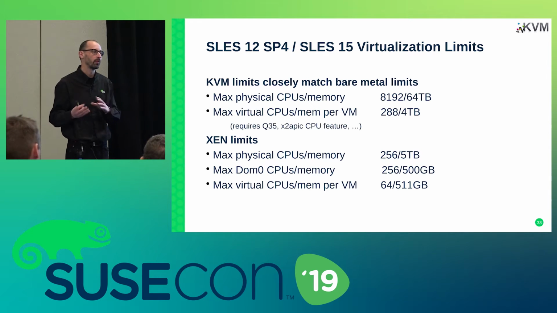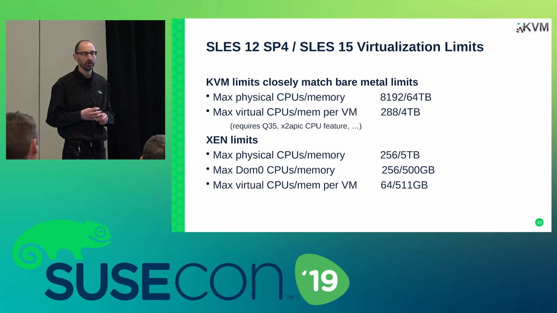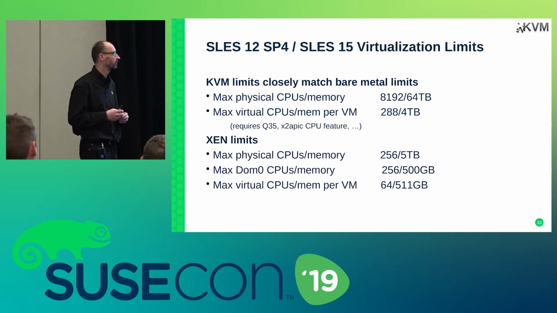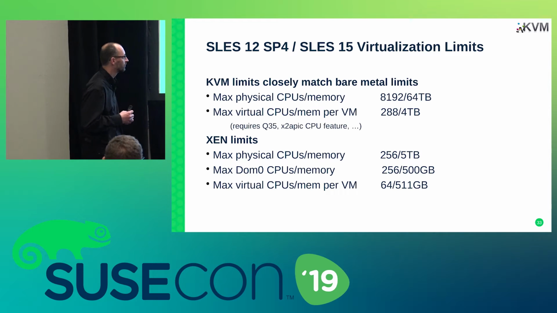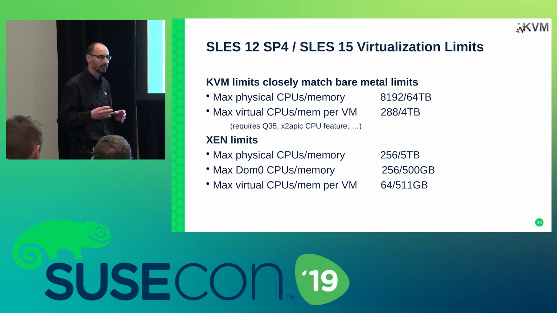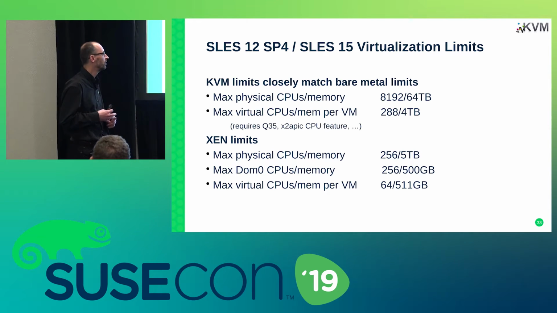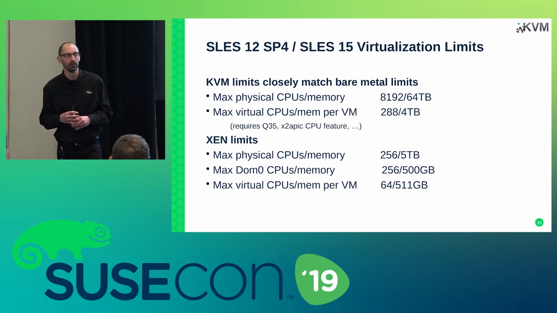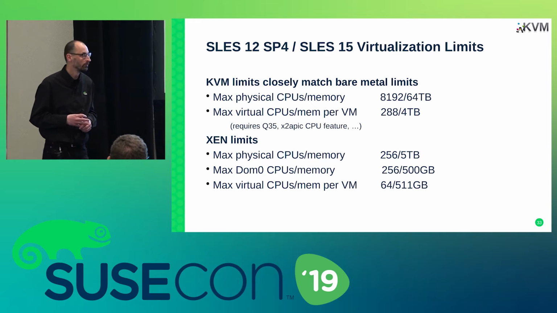So we do work with our partners to test these combinations, and especially the high memory combinations are relevant for workloads like SAP. So they often get tested in specific scenarios. The per VM limit is 288 vCPUs and 40 terabytes of memory for one single VM.